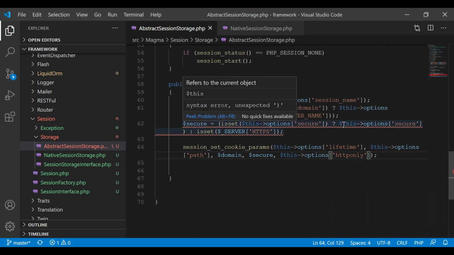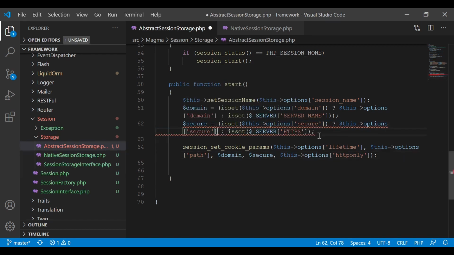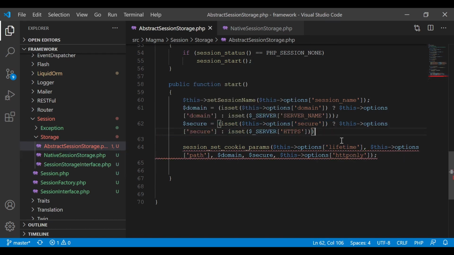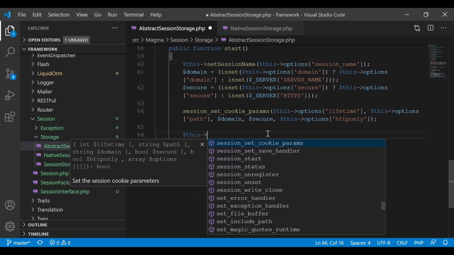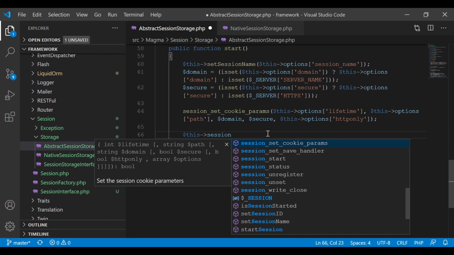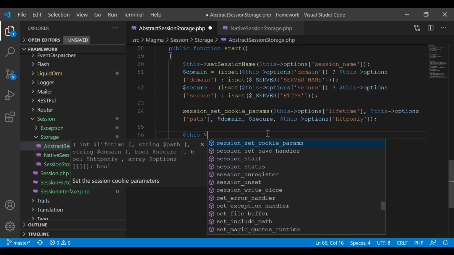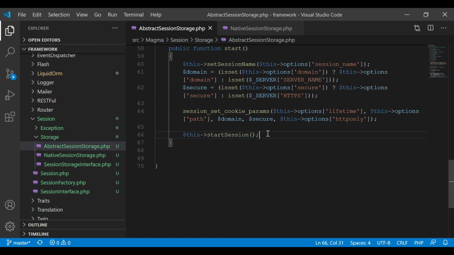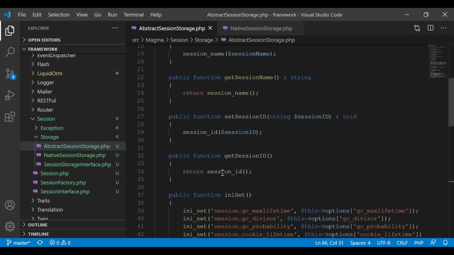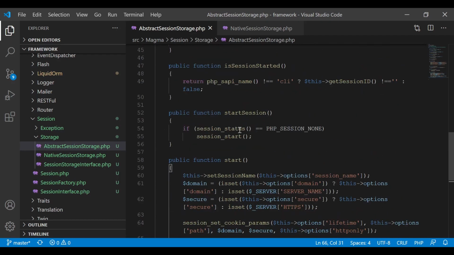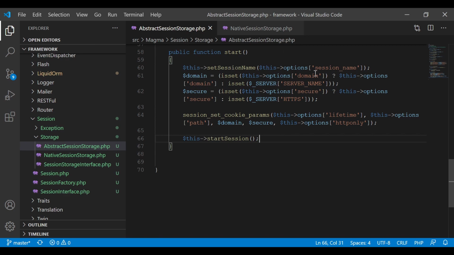Now, what's this error that we're getting? Right, yes, sorry about that. That needs to be there, like that. And what we want to do now is say this session, or it's called this start session, right, like that, which is this method that we've called just right here, start our session. Once we've set up our cookie parameters, we want to start that session,